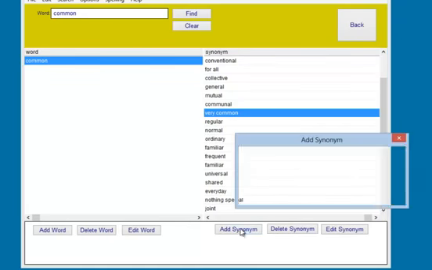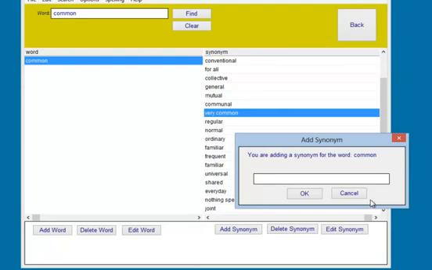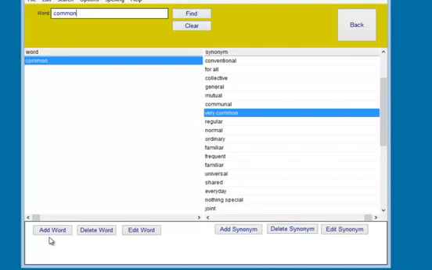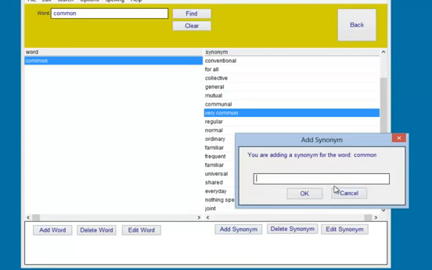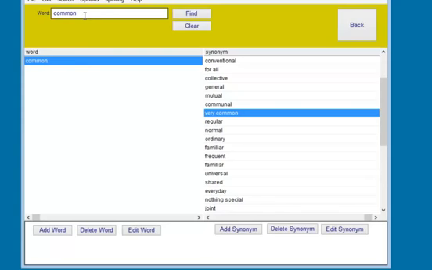You can also add synonyms to the list, and the same with words. We can add words. If you want to add a word, it doesn't work like the add synonym. When you hit add synonym, it pops up a pop-up. For adding words, you just put the word that you want to add up here. So if I wanted to put my name in there, just type in my name, hit add word,